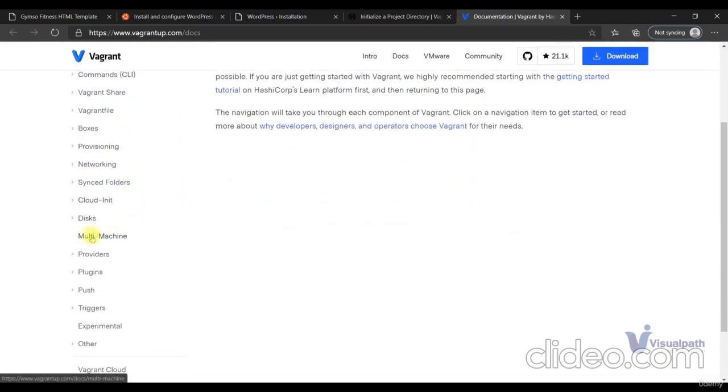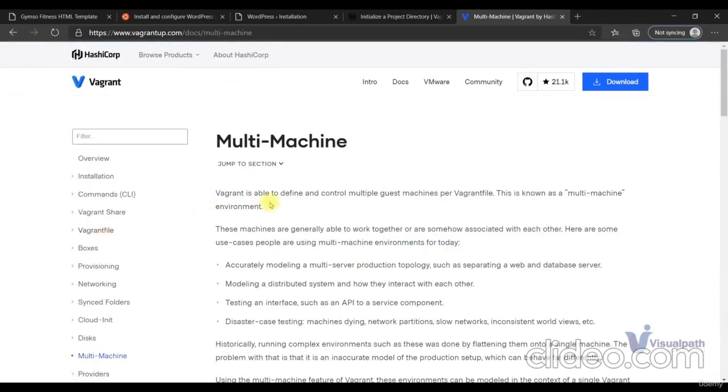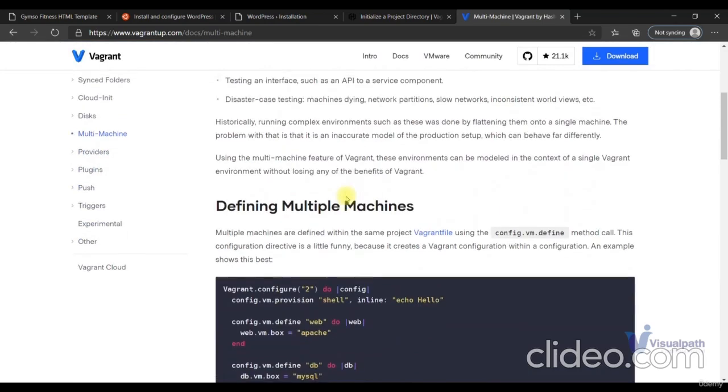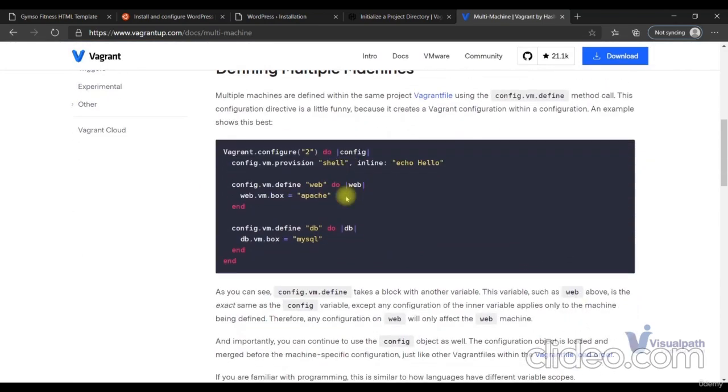So there is documentation for multi-machine. Let's click on that. And you can read about this. I will tell you in very short. You have to create your own Vagrantfile without the Vagrant init command, just a plain text file, and then you give these settings over here. So we know the main block of code, it starts from there and completes over there. Inside that you have two more sub-blocks: